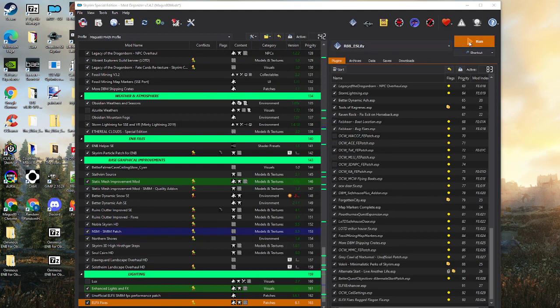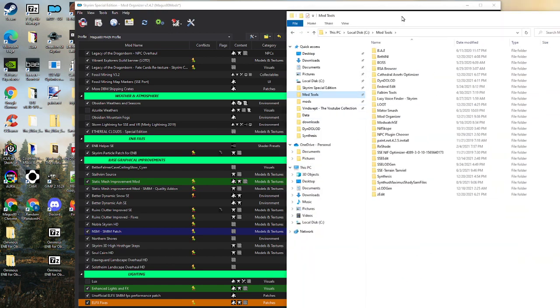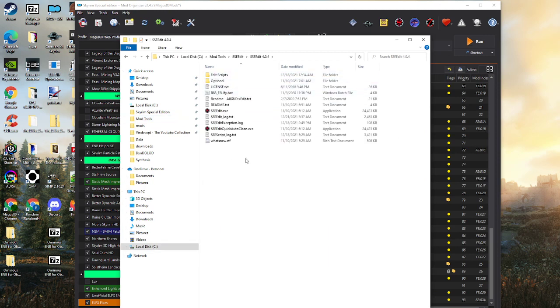So the Ruddy script, it's pretty simple. Add it as an executable. It's on Nexus. You have to add the file into your, I think I showed this before, the SSE Edit folder. You're going to want to add it right into this because it comes with an edit scripts folder that's just going to overwrite, and it's going to add whatever's in that folder into here, and it's going to come with the bat file here, and this is the one that you want to run. So you're going to add this here as the executable,